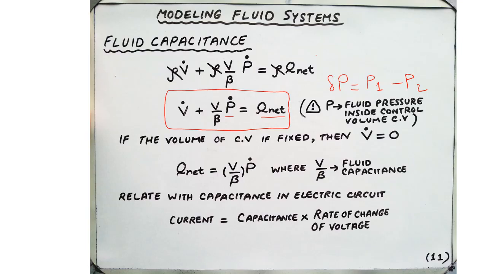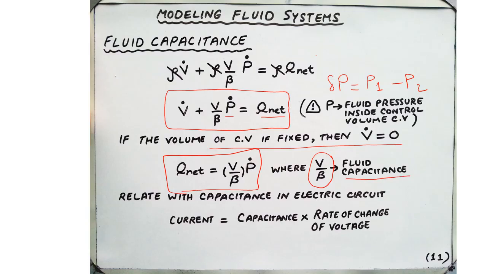So if the control volume has fixed volume, then the volume is not changing in time, that's V dot equals 0. Therefore, the net flow rate is simply volume divided by beta times P dot. So this simplified expression is helpful in understanding the fluid capacitance. That's because volume divided by bulk modulus is defining the fluid capacitance